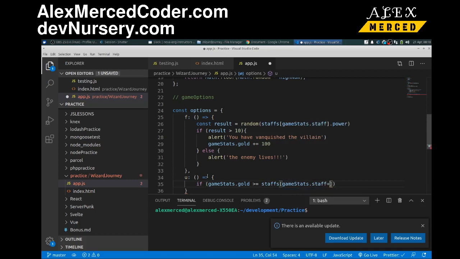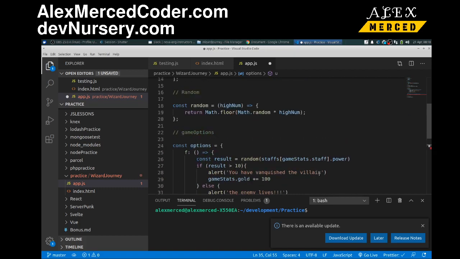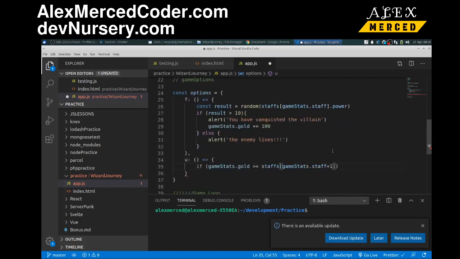Our current staff isn't the one we're buying, it's the next one. So I'm going to do plus 1, so it gets the next index. And then we're using the cost of the staff, which is dot cost, because it's the property of the staff object. Okay, so if it's greater or equal to that,